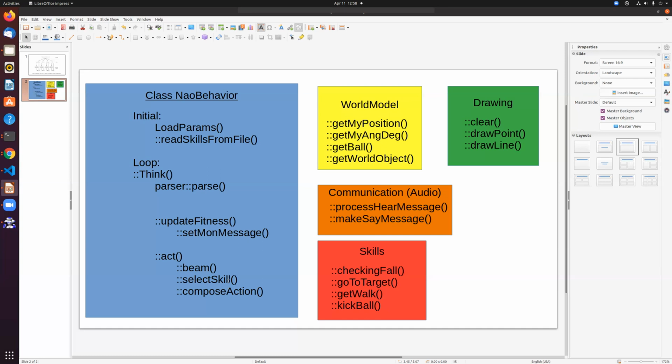But things like goalie dives will also typically block, if it's a series of motions that you're going through. And if we're executing a get up behavior, that will be triggered and identified before we call select skill,